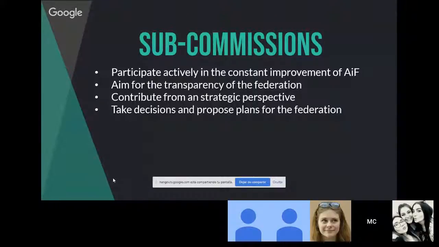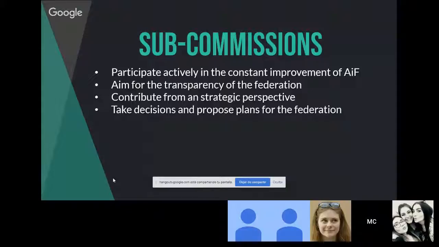So in terms of marketing, it is helping with all the alignment of the brand, blue book, and other things. In finance, you are going to check the execution of the budget of the MC and these kinds of things, and how we are investing the money. In membership criteria, you are making sure that the LCs have all the information and that they are striving to actually be full members of the federation. And the steering team is a strategic team in terms of long-term planning of the federation.